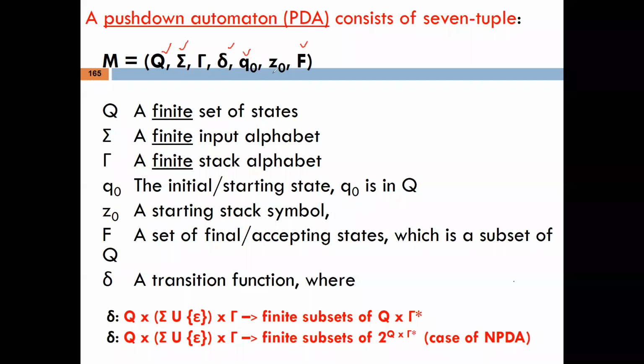The difference is, in case of this PDA, there are two new symbols you can see easily, that is tau, and the second one is Z naught. These are basically two symbols that are new for you in case of PDA, right?